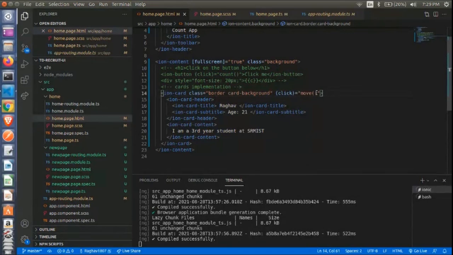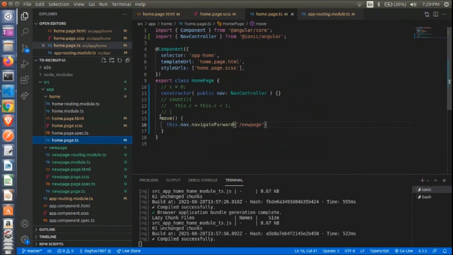Inside the click we have specified the move function, which redirects us to the move function in the .ts file whenever we click.